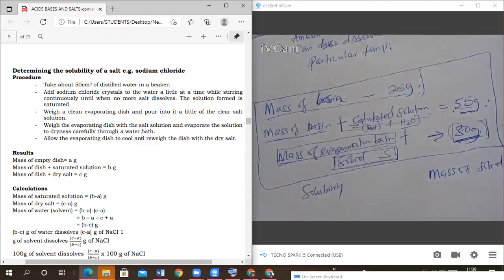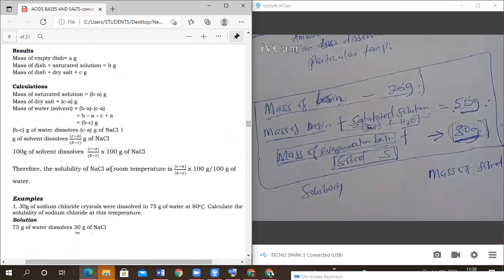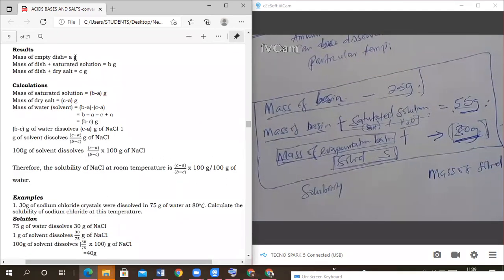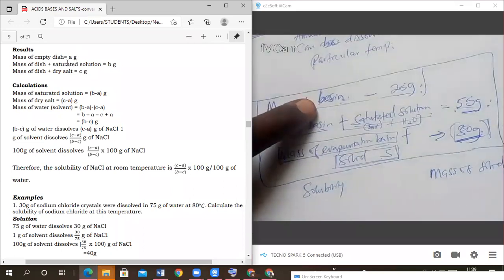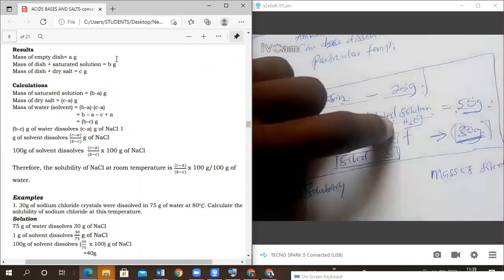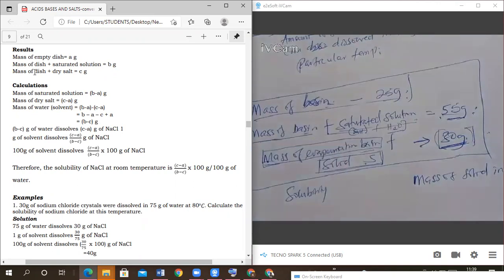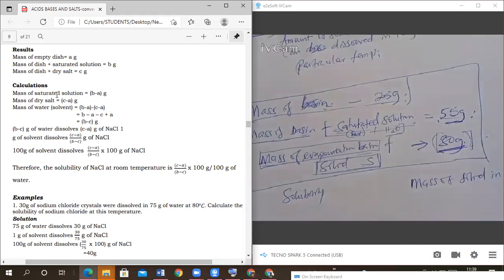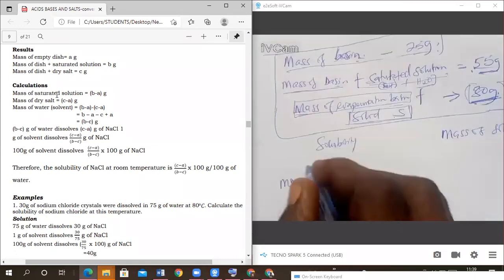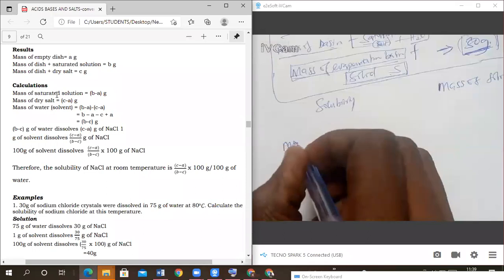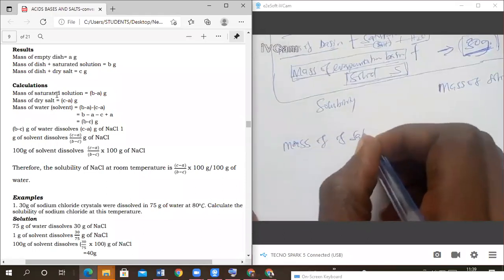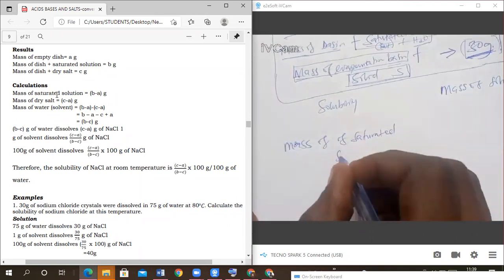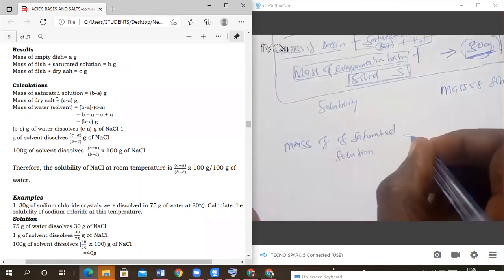Now the procedure is this. Mass of the empty dish is A. We have it, 25. Mass of the dish plus the saturated solution is B. We are having both of them as 55. Mass of the dish plus the dry salt is C. So C is 30. Now the mass of the saturated solution is going to be